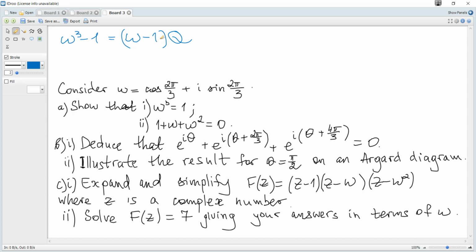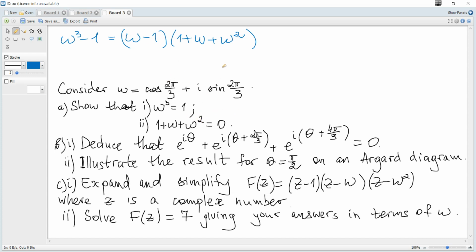And this polynomial is 1 plus omega plus omega squared. I know it from experience because there are many similar problems,